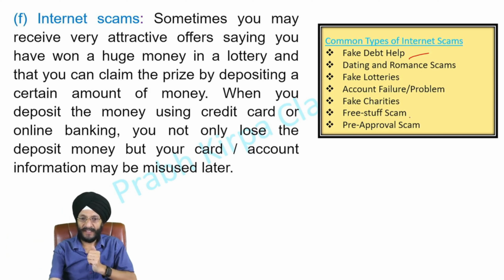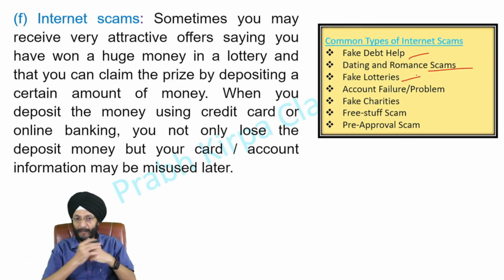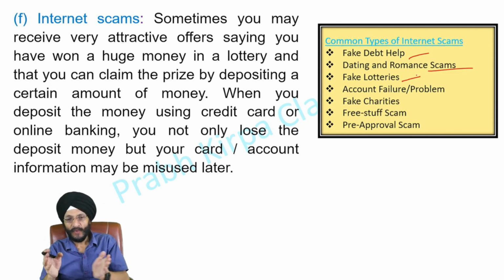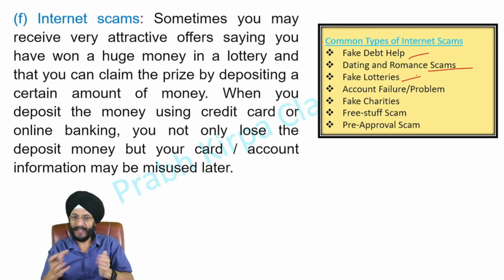Then there are dating and romance scams. There may be a scam related to fake lotteries. That is, a message may come to you in the form of email or through any other social media app